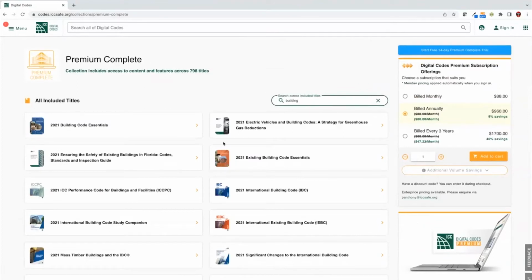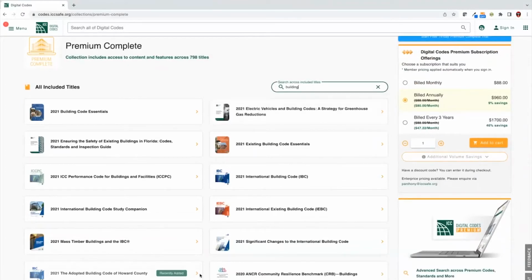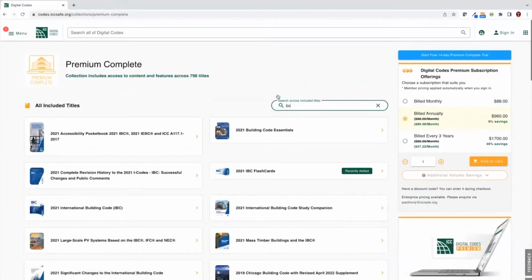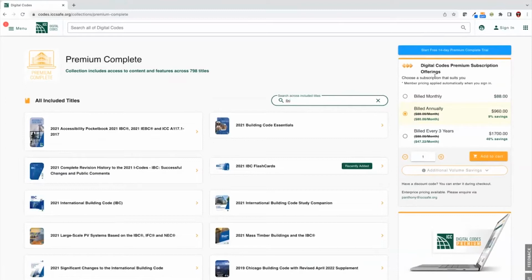The requirement is that you do spell it correctly, which is always difficult when you're talking and typing. But as you can see here, typing building does refine this in real time. So you can see all of the titles that roll up to this subscription that have the word building in them, or even an abbreviation. So if I wanted to do something like IBC. It gives the opportunity to confirm what contents are a part of this before the user transitions their focal point here to the right-hand column, and they see the simplified pricing representation